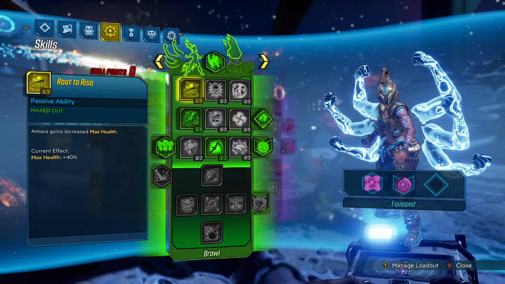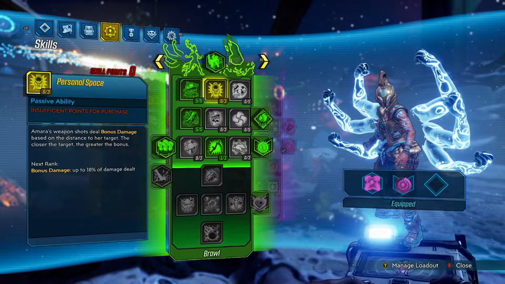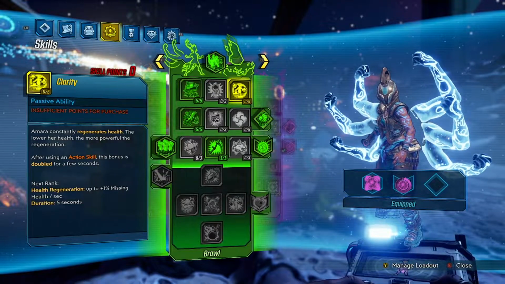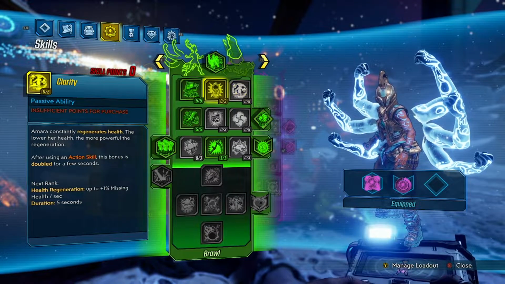In the green tree, we don't take a lot either. Root to Rise is just to move down the skill tree because personal space doesn't work with what we're doing, and Clarity with regen of HP isn't really that good on Mayhem 10, Mayhem 11. So Root to Rise is just generally a better skill to use to move down the